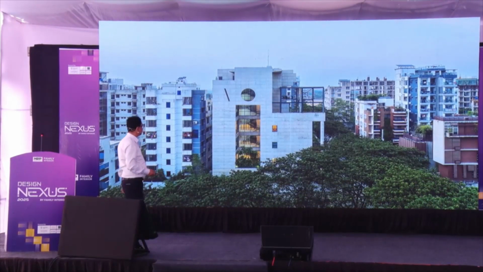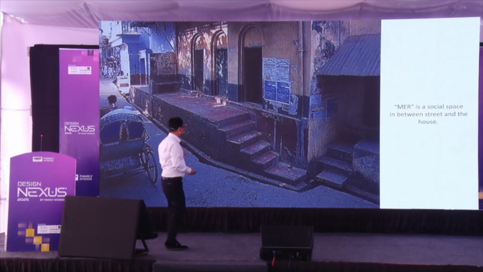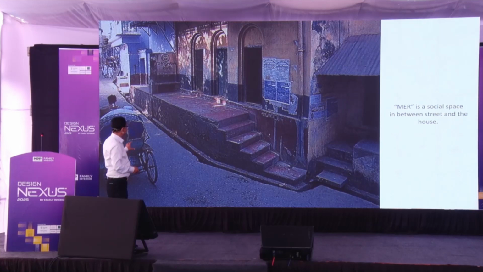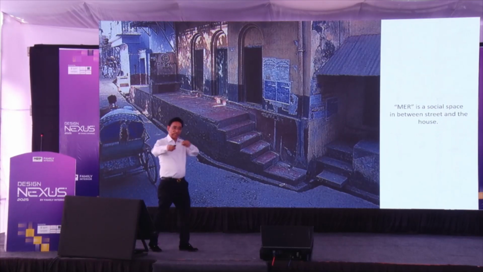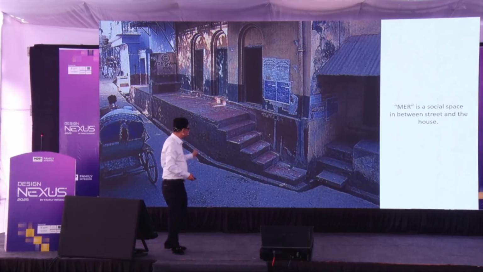But importantly, in all parts of Dhaka, what I learned, yesterday he was also sharing, that in your part there is, you say Otla probably, we say Mayor, which is a transitional space in between street and house. That means the house owner trusts you. They allow you to sit there, and they say, yeah, you're my guest, you can sit, you can have a drink, a glass of water, some pitcher is there.